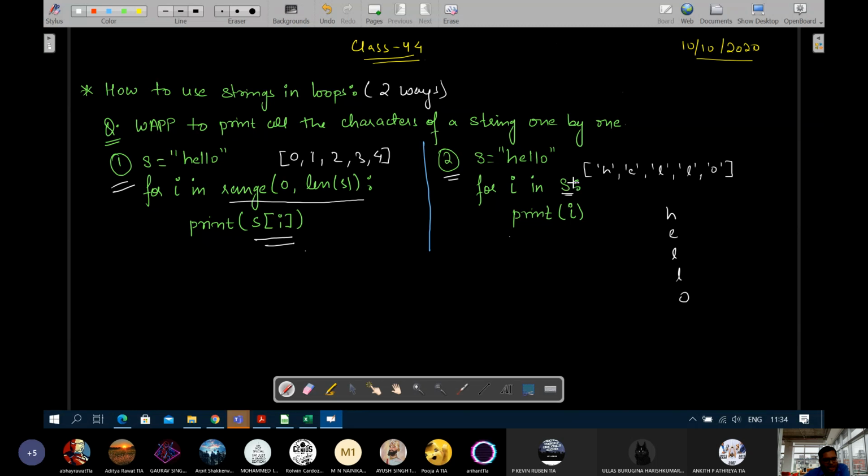Whenever you are using a string, no need to use indexing, directly use the loop variable. One by one, it will be getting one character at a time. If you are using integers, generating index positions, then use indexing, that is S of I. And here it will only be I if a string is there. If range is there, that you are generating index positions, then the S of I form you will write, which is nothing but indexing. Is this approach clear to all? How to use loops in two ways?